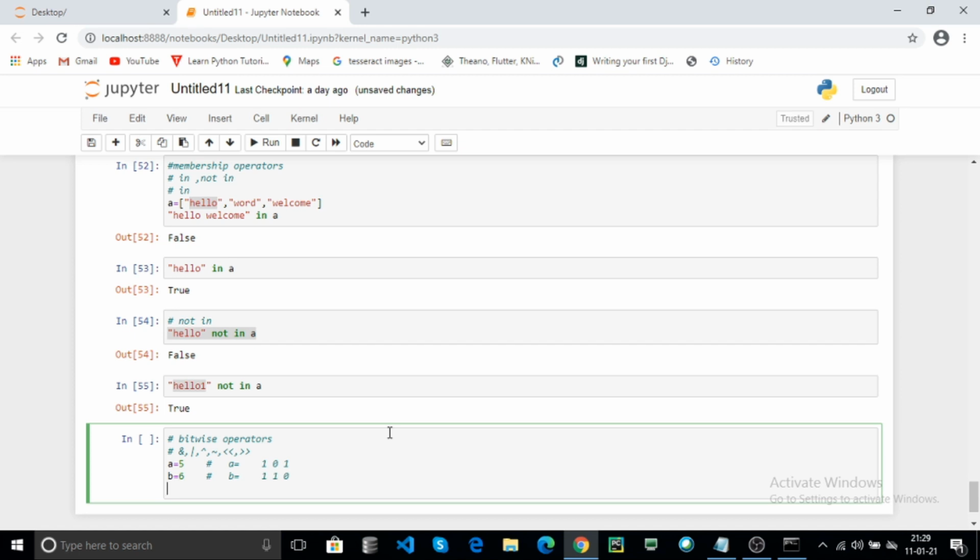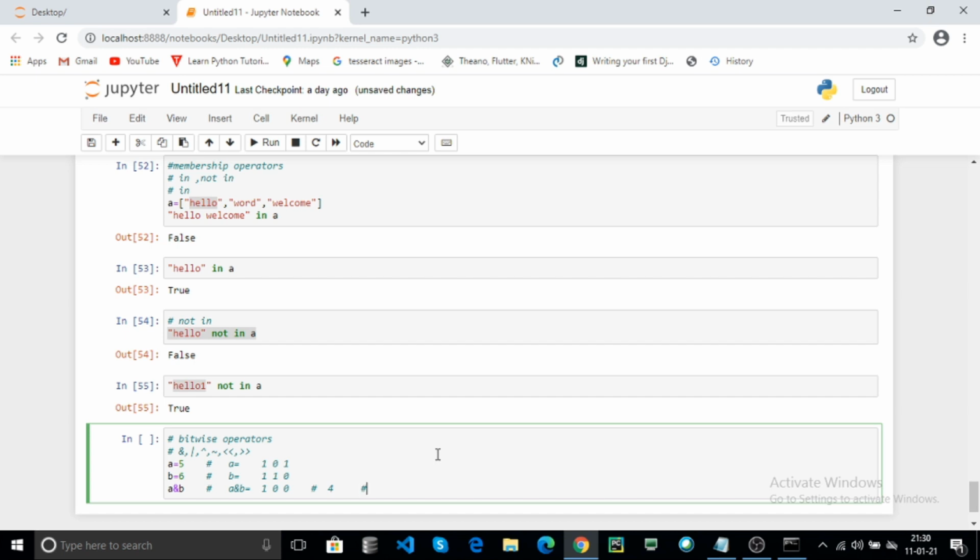If you want to perform the binary a and b using the AND operator, if both bits are 1, it returns 1, otherwise it returns 0. Finally we calculate the decimal value of the binary result. 100 decimal value is 4.